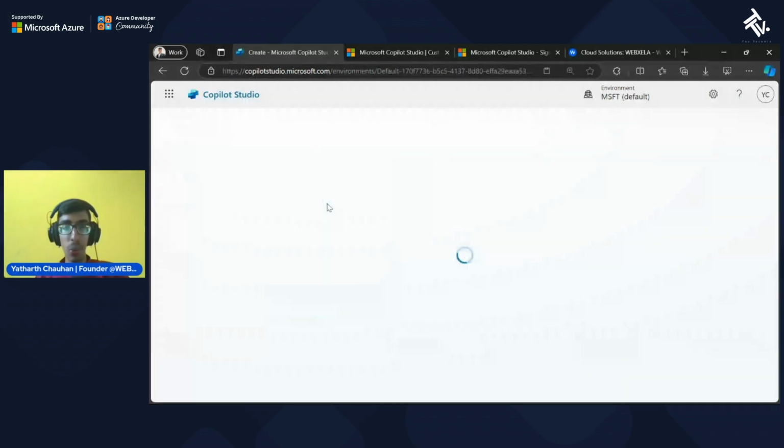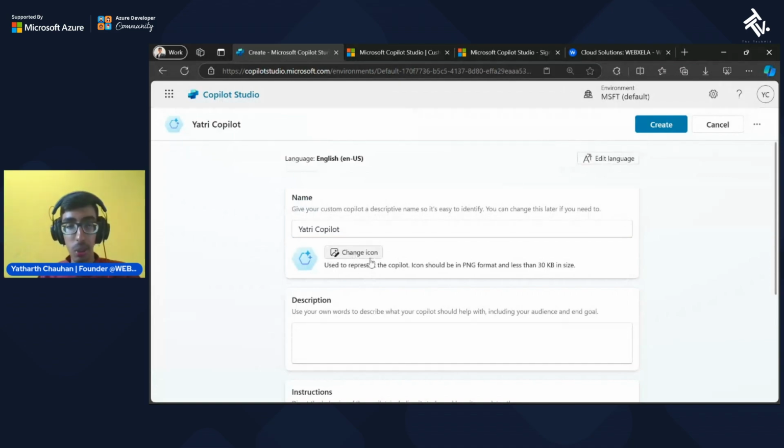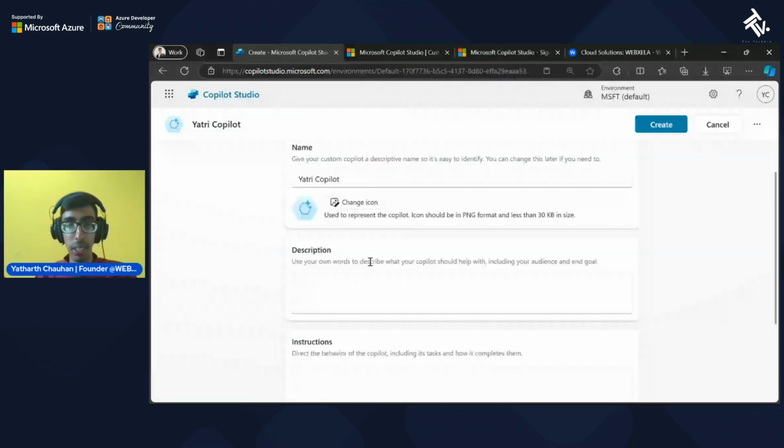Yes. Now enter the name of your copilot. So let's say I'm writing Yatri copilot. Okay. Now let's say I want to change my icon. Then I can easily add a photo by clicking on this change icon button. But right now just keep it. Now the description. So Yatri Cloud